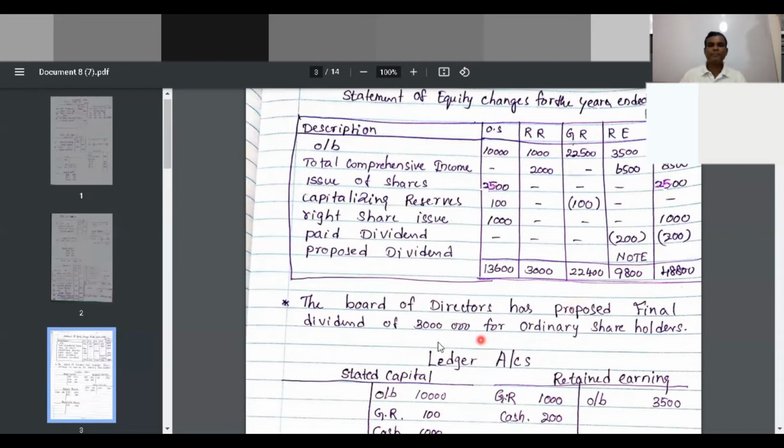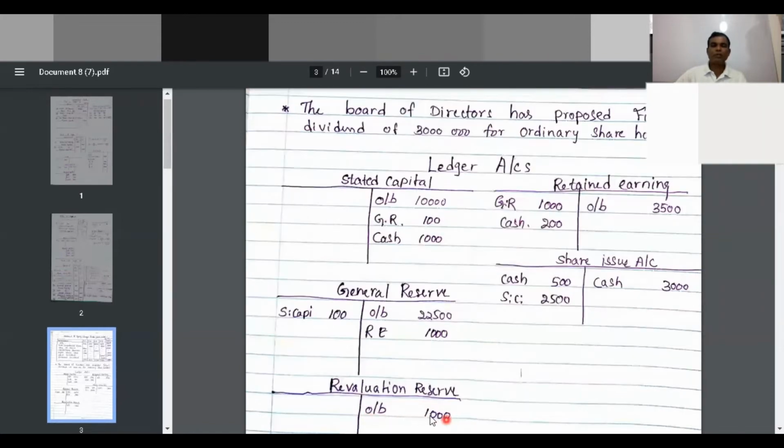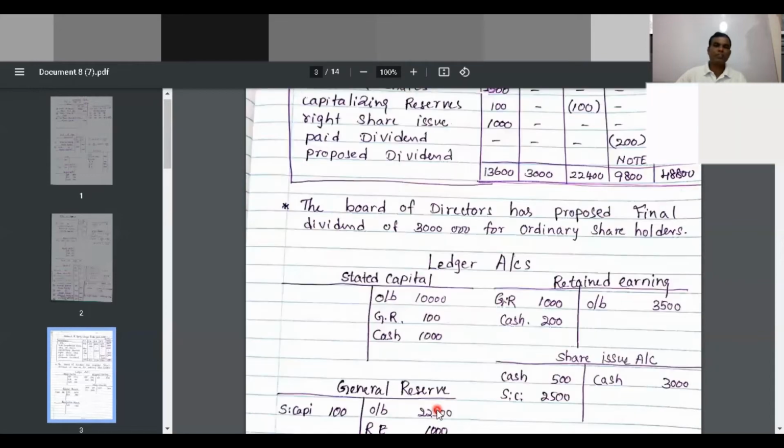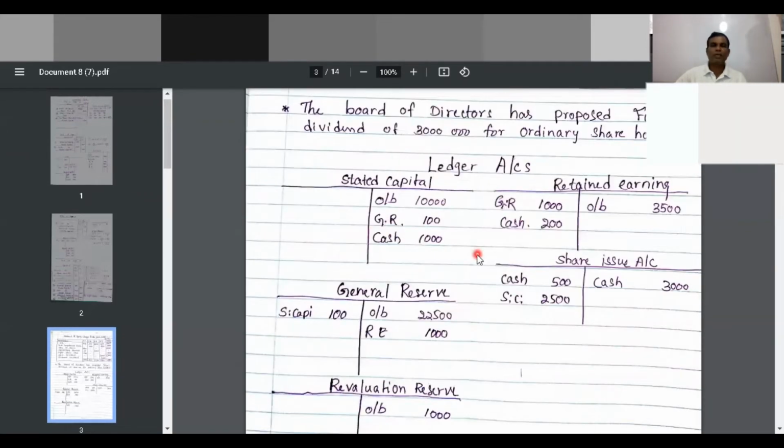Now look at the ledger accounts here. If you can visualize the ledger accounts, first is the retained earnings opening balance here. Then you see the general reserve opening balance here, and then the revaluation reserve opening balance here. Then the first one is concerned with share issues here, issue of shares 2,500. Normally, due to this share issue, what happened is that here you see the share issue account, that is 300. You see receipt of cash,